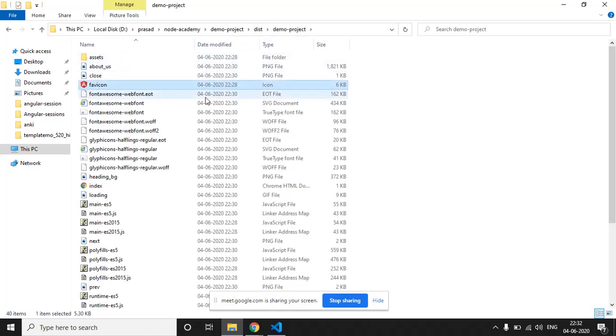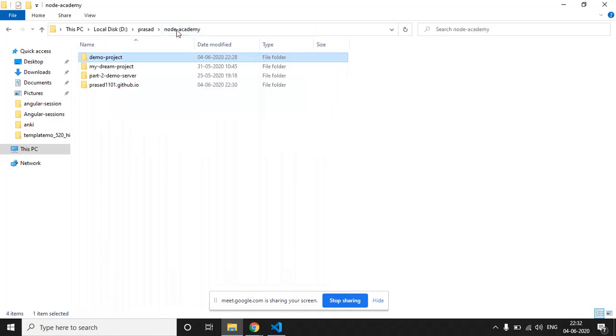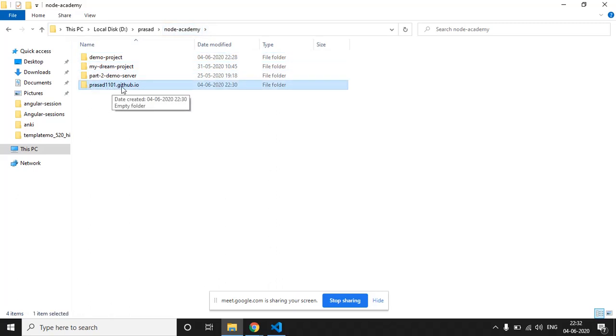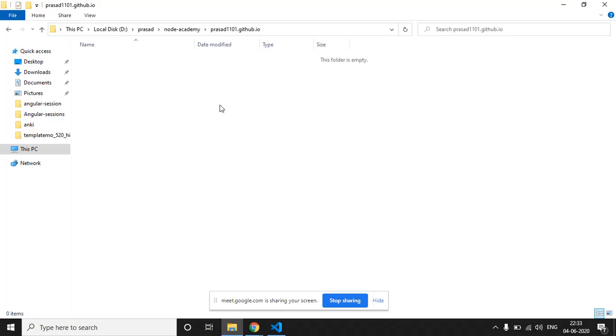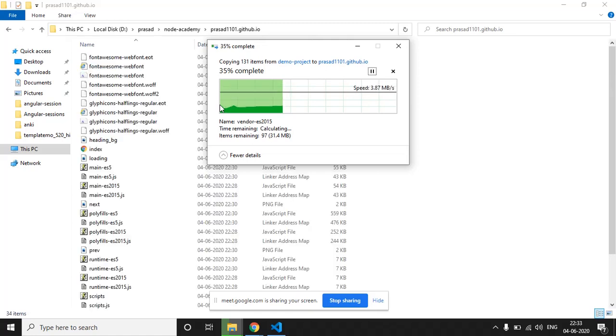Copy all the contents present in the dist and project name directory. Into this directory we have cloned our repository, right? This is the repository name that we cloned recently. Just go to this and paste all the contents which are present in that dist folder.